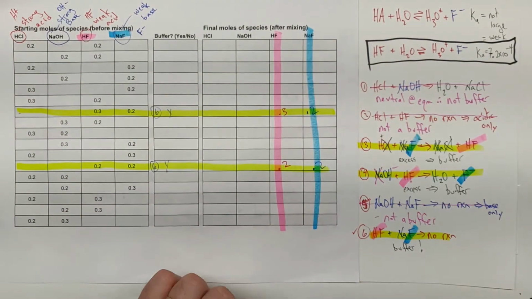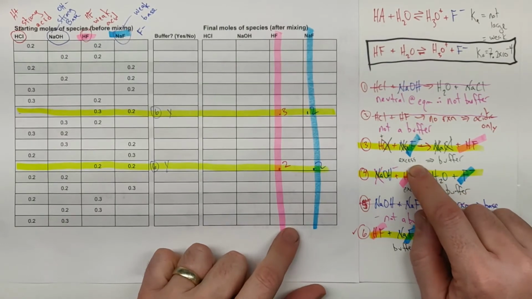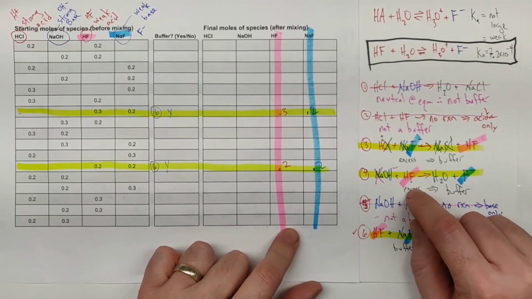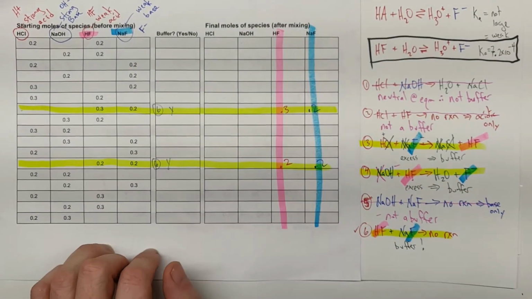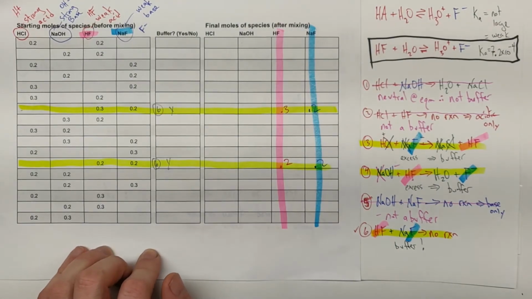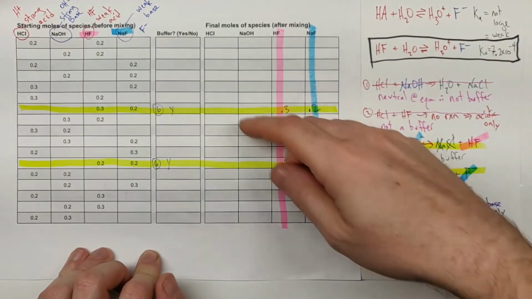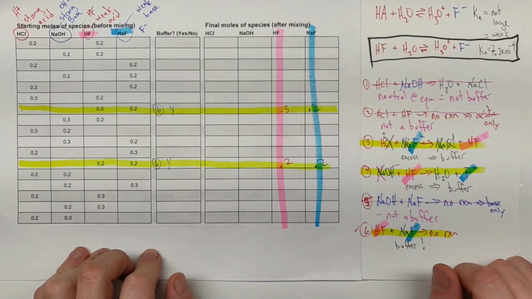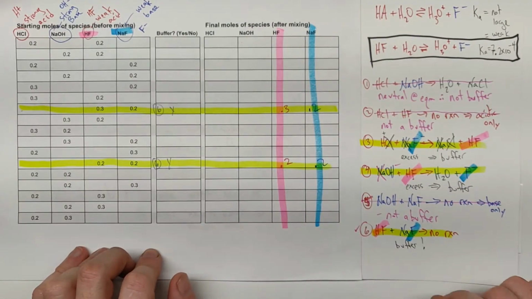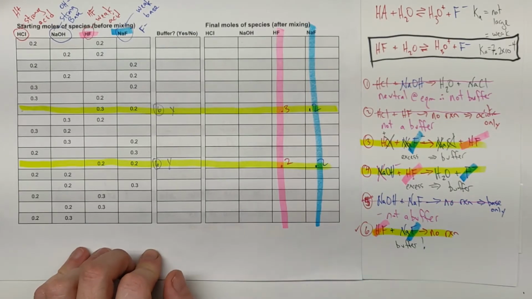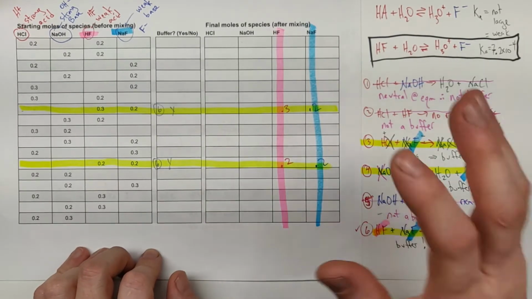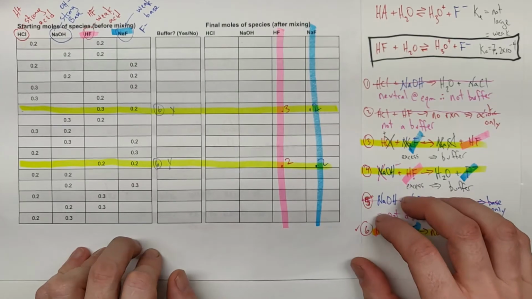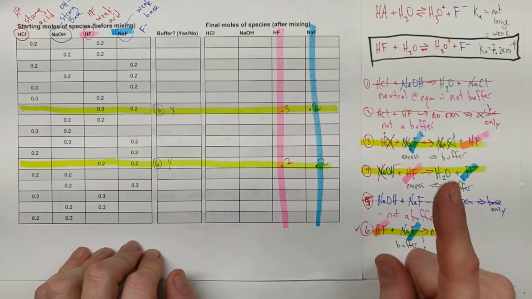And now we're just looking for scenarios where we have excess weak base with strong acid or excess weak acid with strong base. What I might recommend, and what I should have said earlier, is that it'd be good if you paused the video or whatever and made some predictions in this column, because it's going to get super boring just watching me and then figuring it out as we go along. So pause the video, make some guesses. Maybe someday I'll put a copy of this spreadsheet in the comments section, but for right now, just go 1,